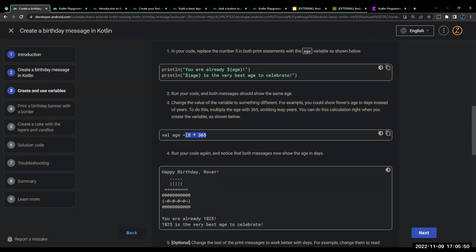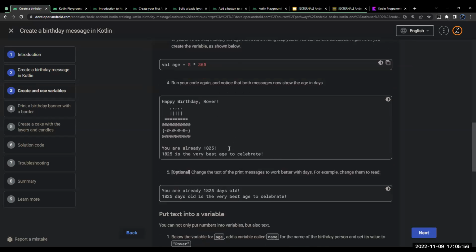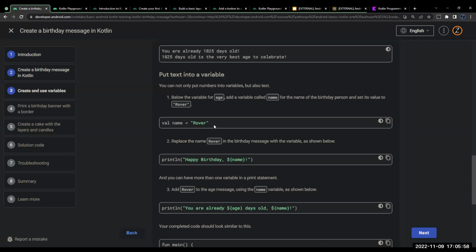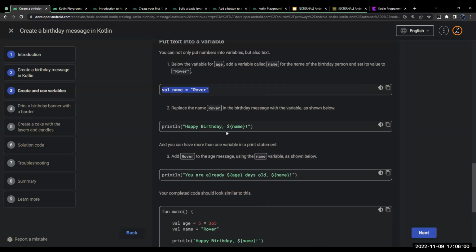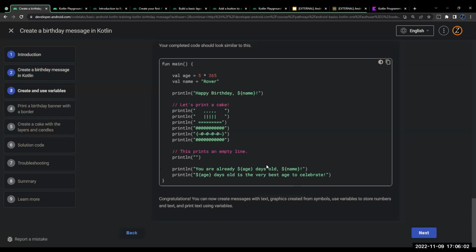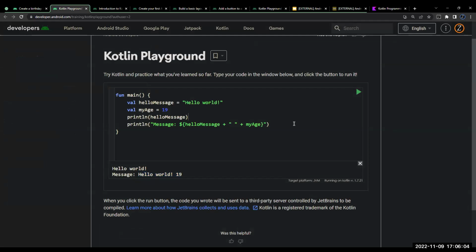So yeah, you can do mathematical expressions, and you can assign that mathematical expression to a number. You can do that if you want. We did that with name. Yeah, I guess you got the gist of it, just the variables, that is. So if you want to see the number of days you've been alive, like they did in that example,